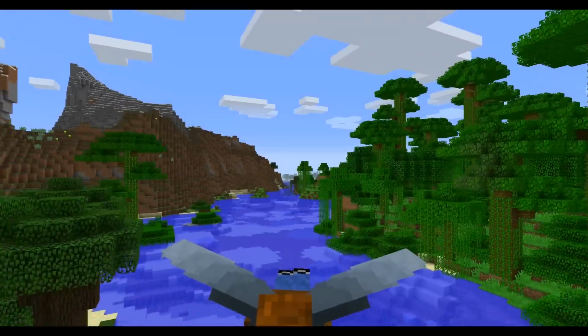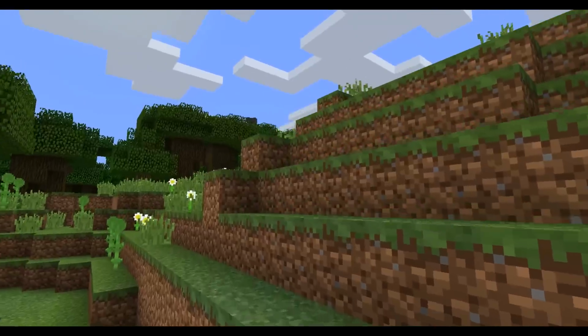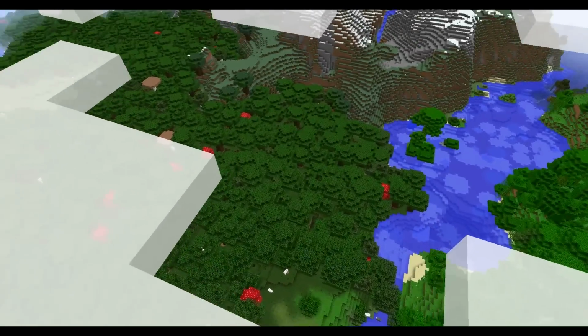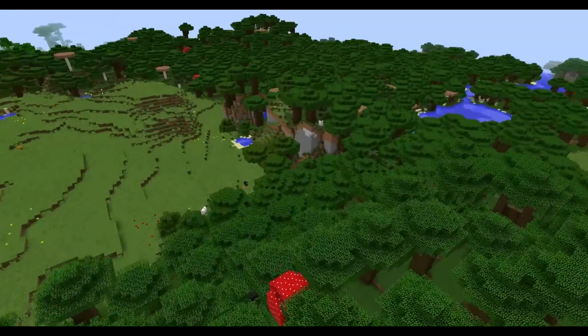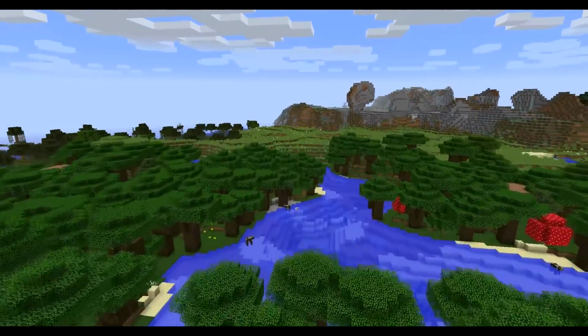I like to do it in third person, but you can do it in first person, and it's pretty scary because you're moving really fast. Let's go back up another 100 blocks or so. But yeah, first person is pretty cool to behold as well, to see yourself just flying around so quickly. And again, this is in survival, so this is the fastest way to travel now if you get a pair